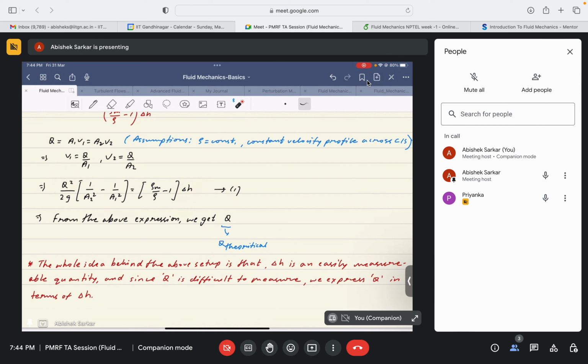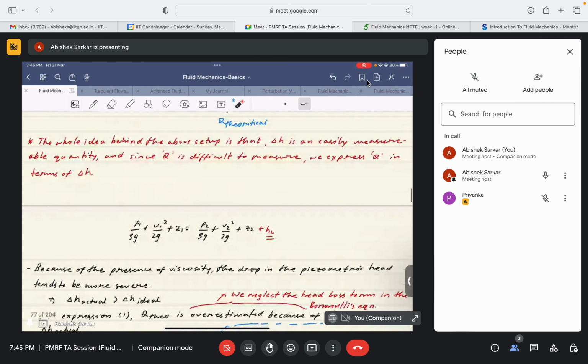If I'm directly measuring the delta H from the manometer in the lab, then the Q which I'm getting after substituting is the actual flow rate, no, sir? No, it will be overestimated. Why? Because in this equation, if we want to solve the actual case, we should have considered a value of head losses, which we have not considered